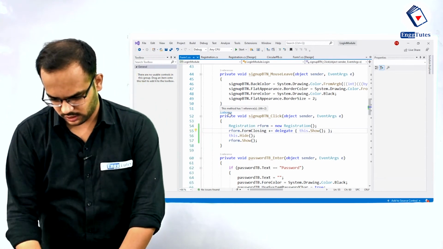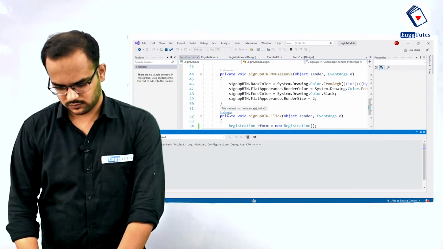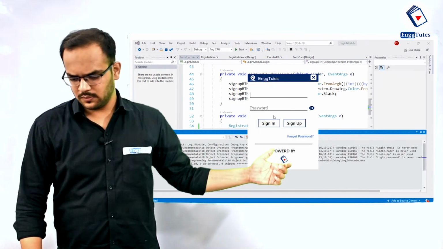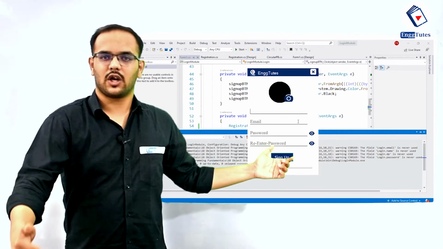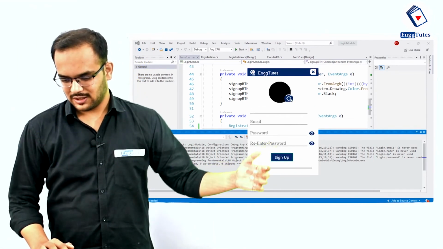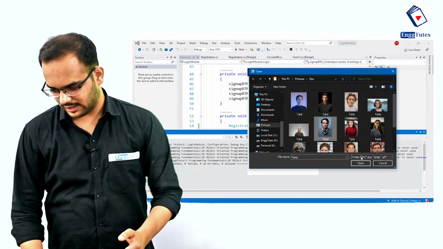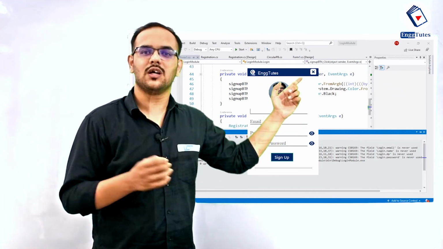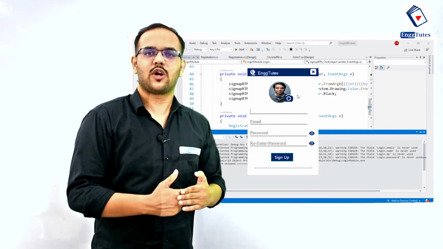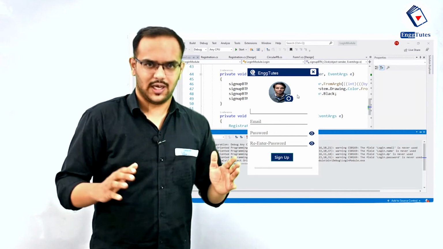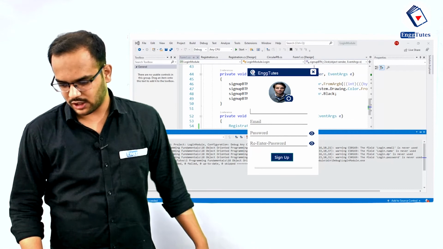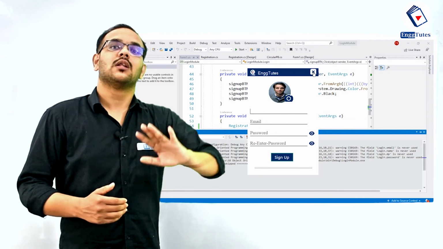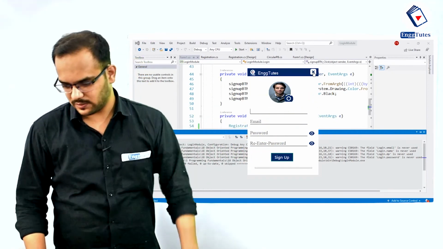Okay, and now if we run the code, we got our login form. On sign up button click, we got our registration form. Here, if I click on camera and select a DP, then yes, I got the DP in my own created circular picture box, which I inherited from Microsoft Visual Studio's PictureBox. Done. Now if I click on the close button, this.Close will happen, and since the form is closing, the FormClosing method will be called and the login form will display.